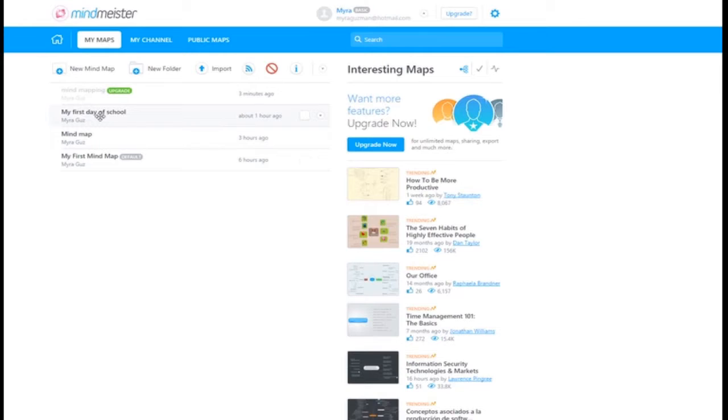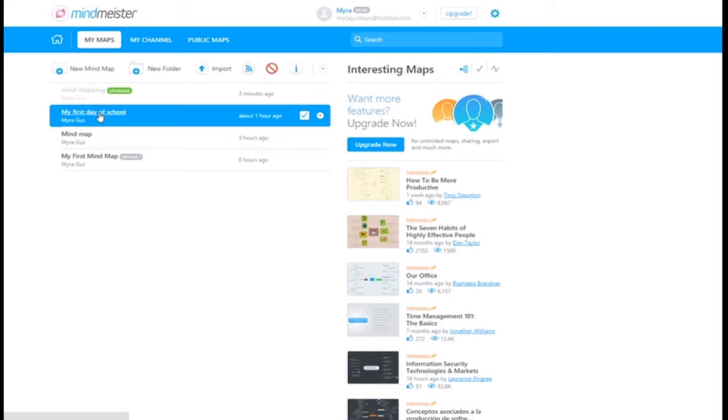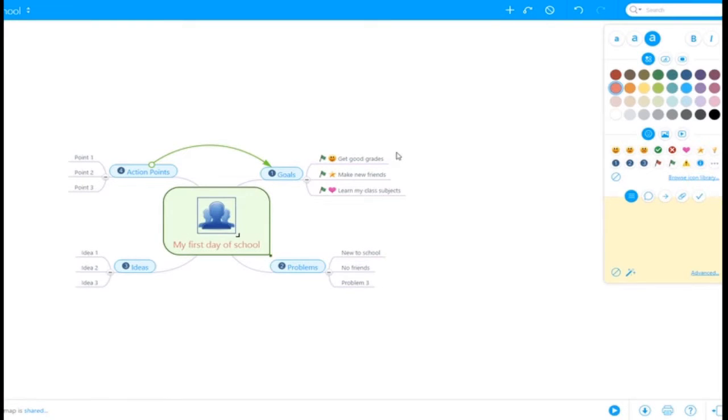One thing I wanted to show you is how to use it and share in real time. So I went ahead and designed my first map, and I used it to brainstorm. I will give this example as pretending to be collaborating with another student in a classroom. So I started and already put in the goals. Okay, so this is what the other student will see,